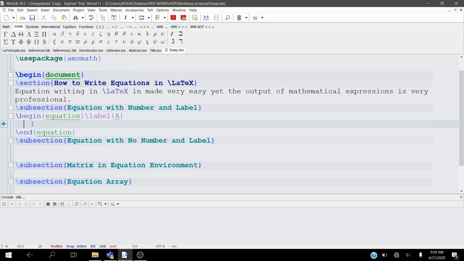The equation which I'm going to write here is, I will use all the pre-built commands, searching from here instead of using my memory, so that the beginners who are watching this will get help on how to use it. So I will write the quadratic formula here. x is equal to, I want to insert the fraction. Here is the fraction. What is the numerator of the quadratic formula? That is minus b. Now I want the plus minus symbol. So if you see here, there is plus minus, and you will find plus minus or minus plus, whatever the requirement of your equation. Plus minus square root of